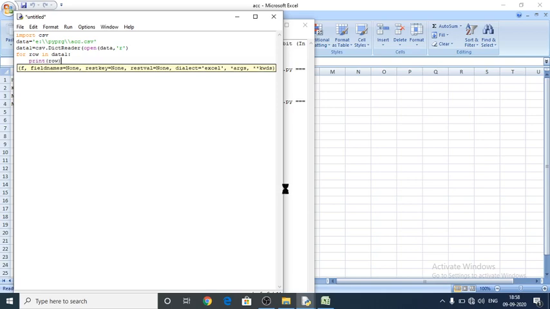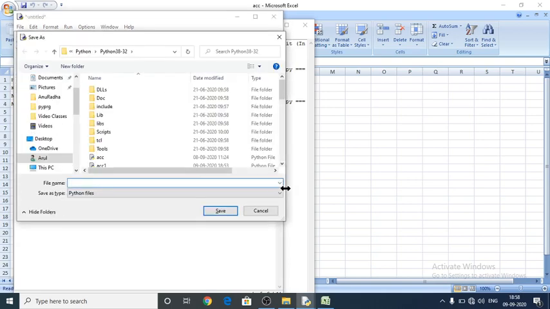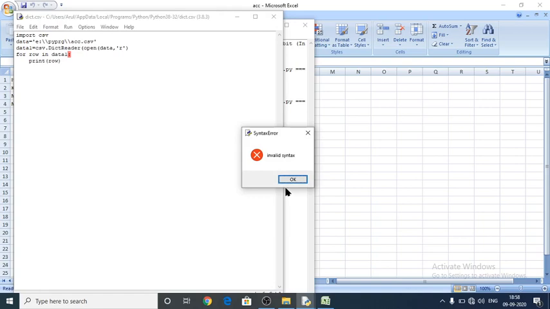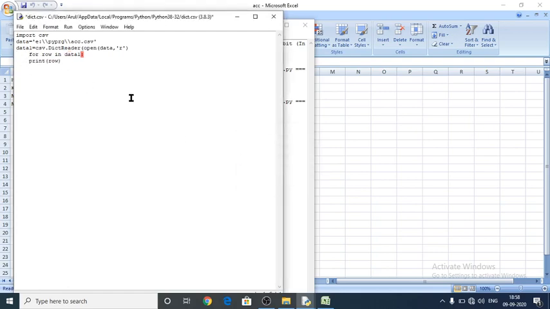So I'm going to save this one, dict.csv. Okay, fine. And afterwards, to run the program, you have to press run. Invalid syntax. Here I have made a small mistake, we have to rectify the error. So again save your program.